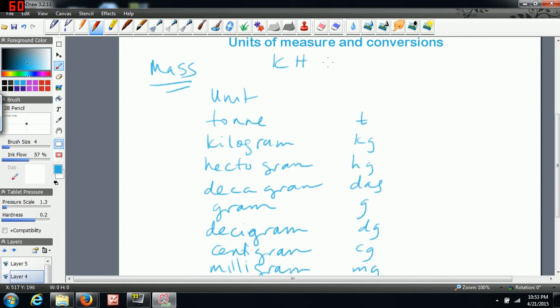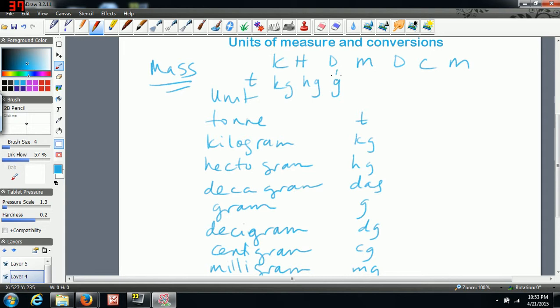So for this one, for mass, you can still kind of use King Henry doesn't mind drinking chocolate milk to guide you. Now, the thing here is kilograms comes here, and we have T in front of that. So you're going to remember to put T first, then you're going to put kilograms. Okay, so T is going to go over here, and then we're going to have kilograms,